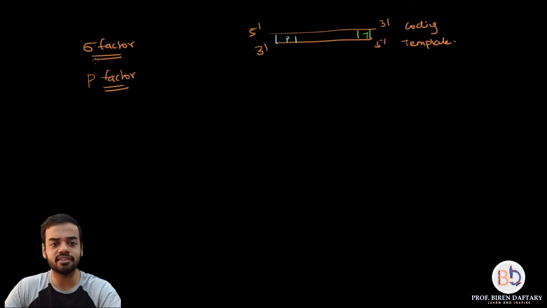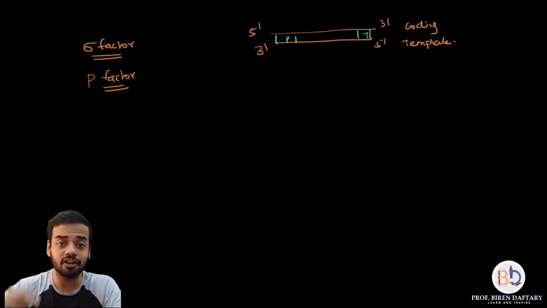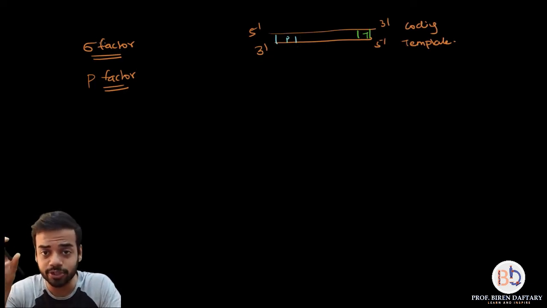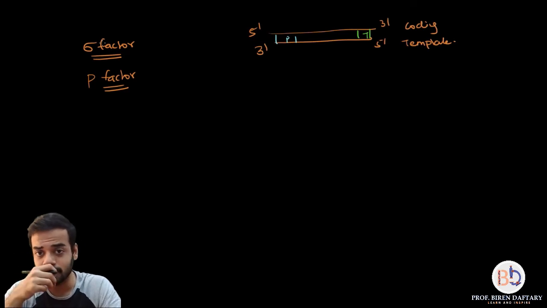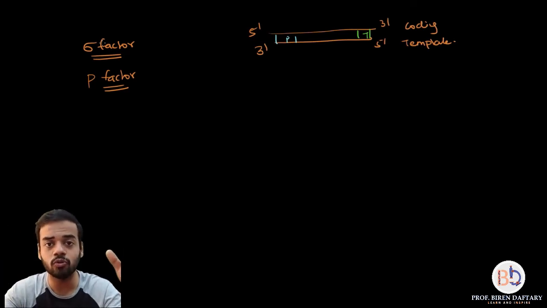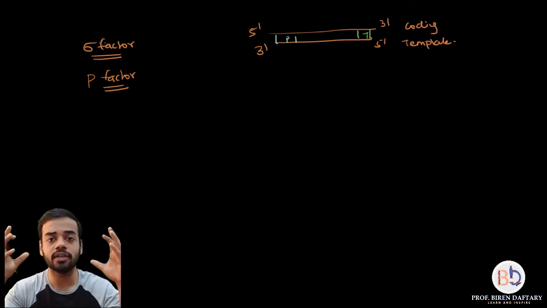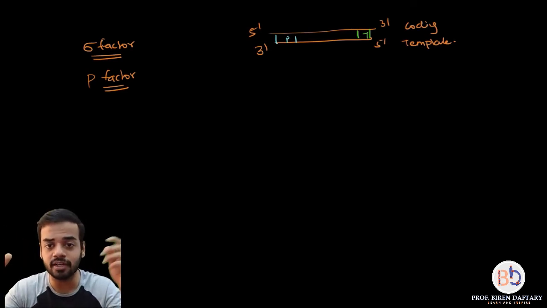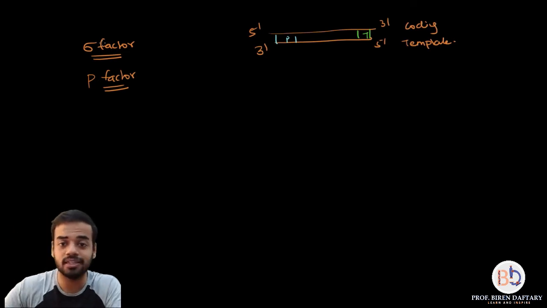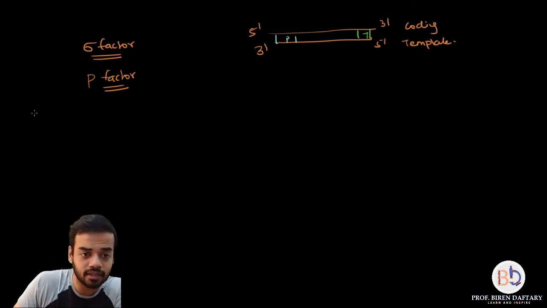Now these sigma factors give a message to an enzyme which is going to start this transcription process. Now what is transcription? You want to create an RNA from DNA, correct? So what is the name of the enzyme which does that? The name of the enzyme is DNA dependent RNA polymerase. So I'm going to write it down over here.